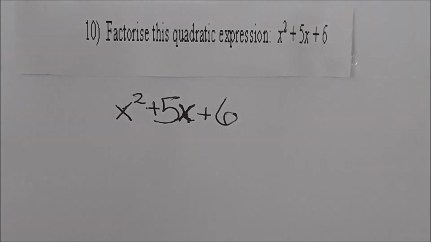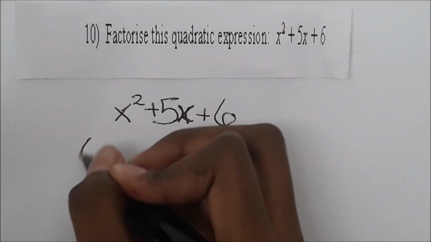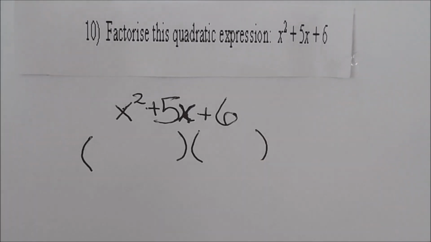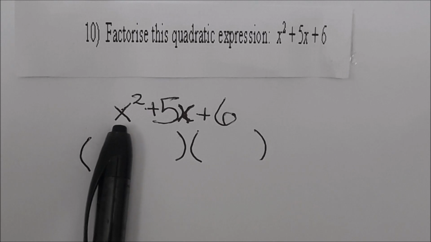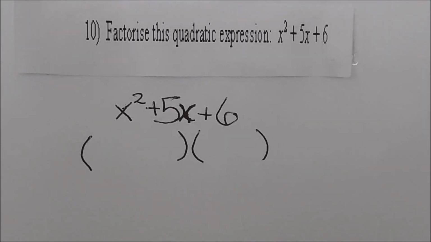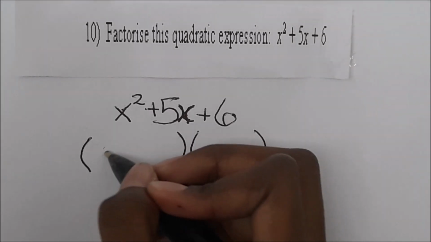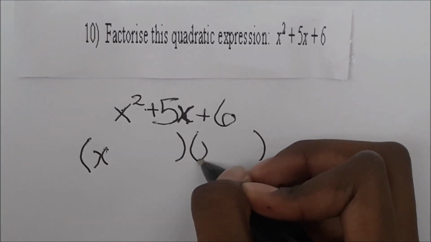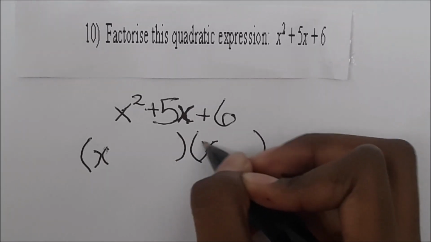Put your brackets under it. Okay, what do you look at first? X squared. Factors. X times x. So put an x to the front of one, an x to the front of the other one. And put plus, because it's plus